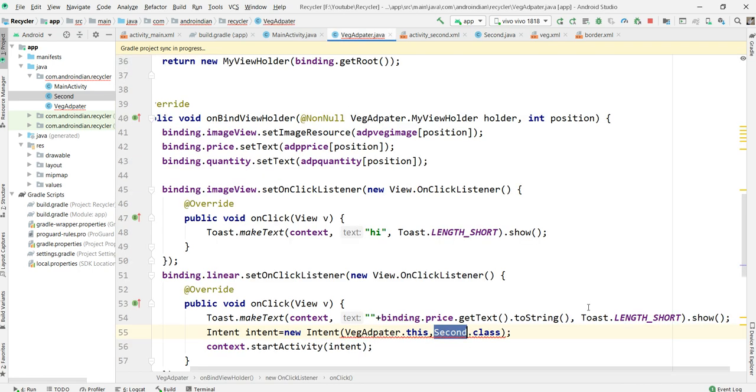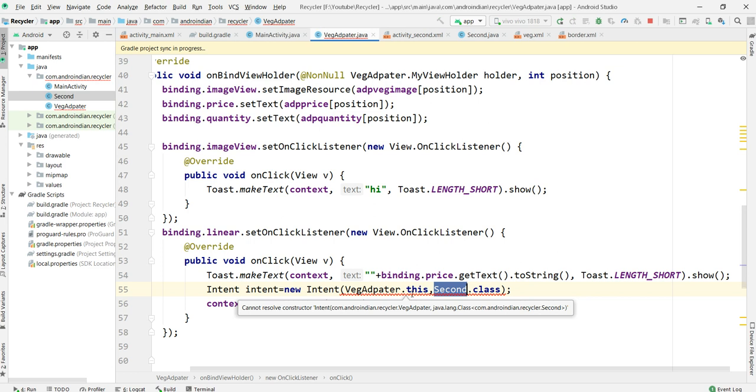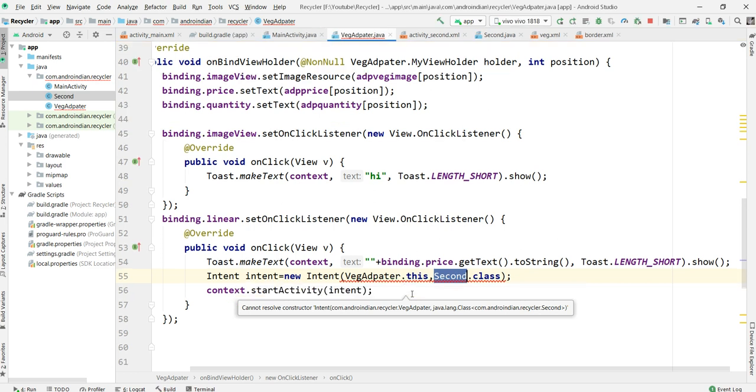But now here we got an error. What is that error? It said cannot resolve constructor Intent, because the Intent constructor is expecting an activity, not an adapter. Context is nothing but something which extends as an activity.